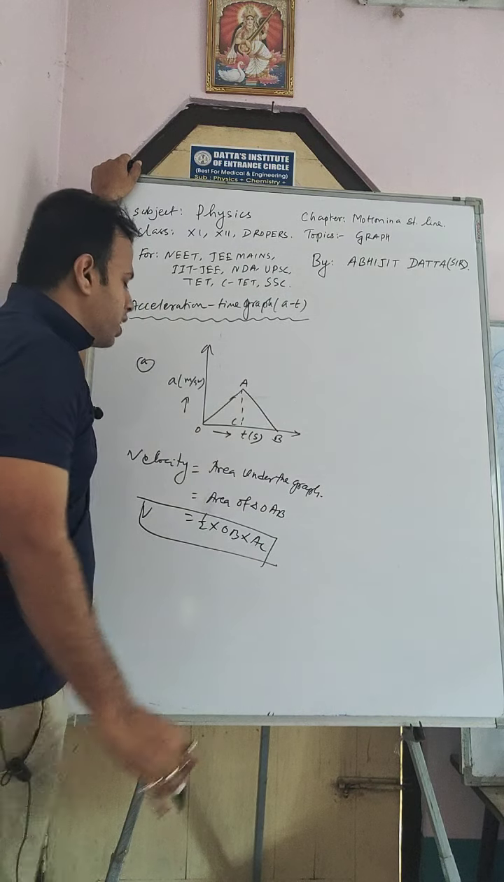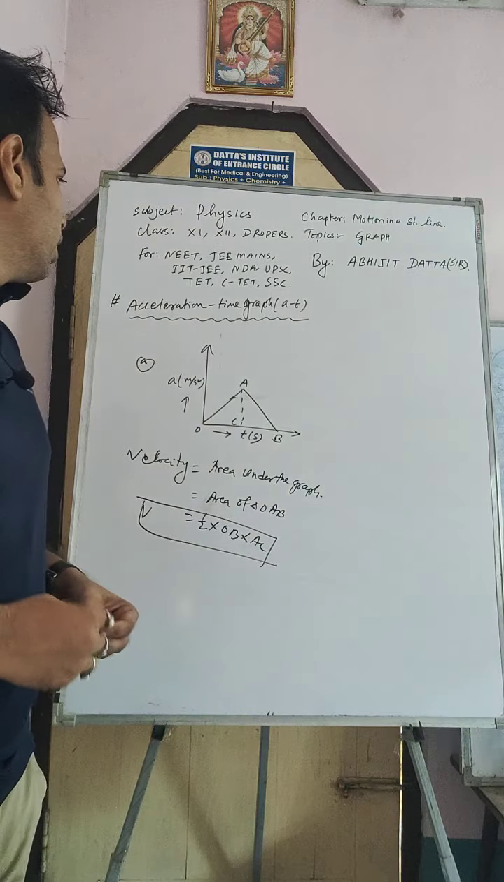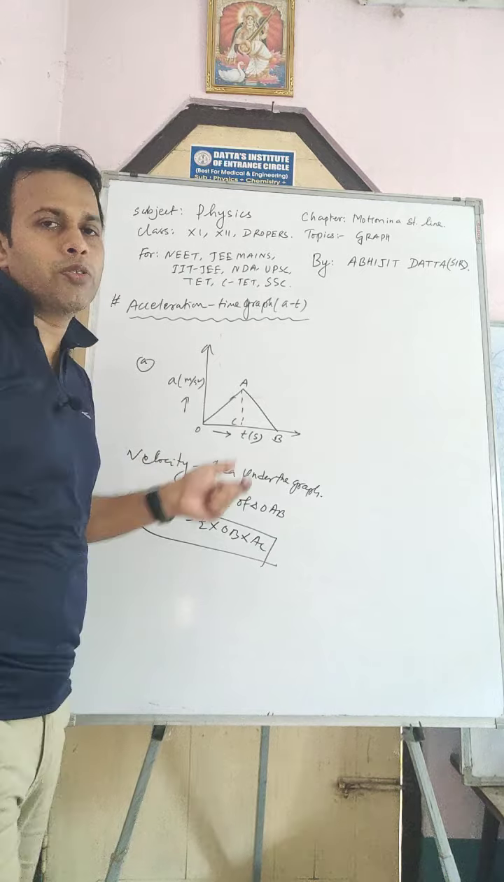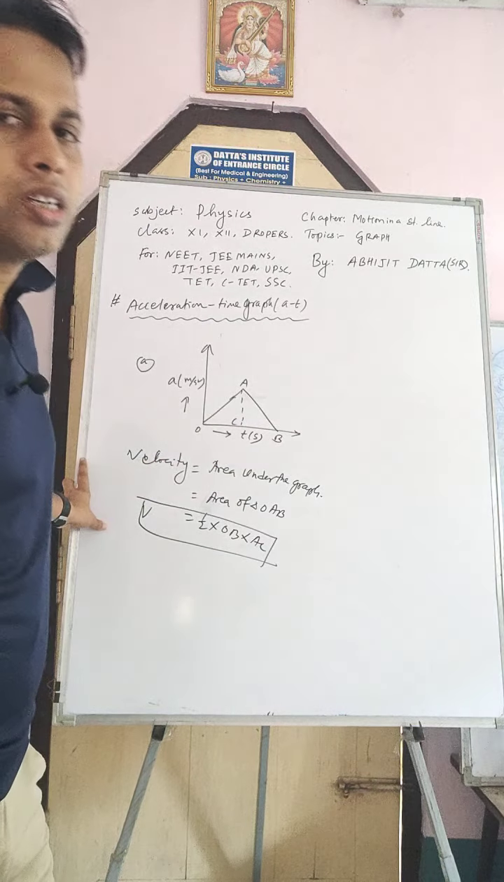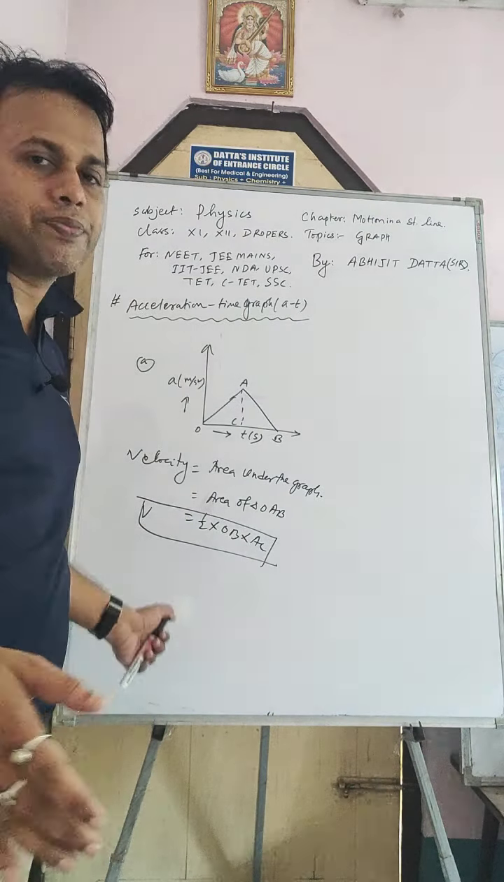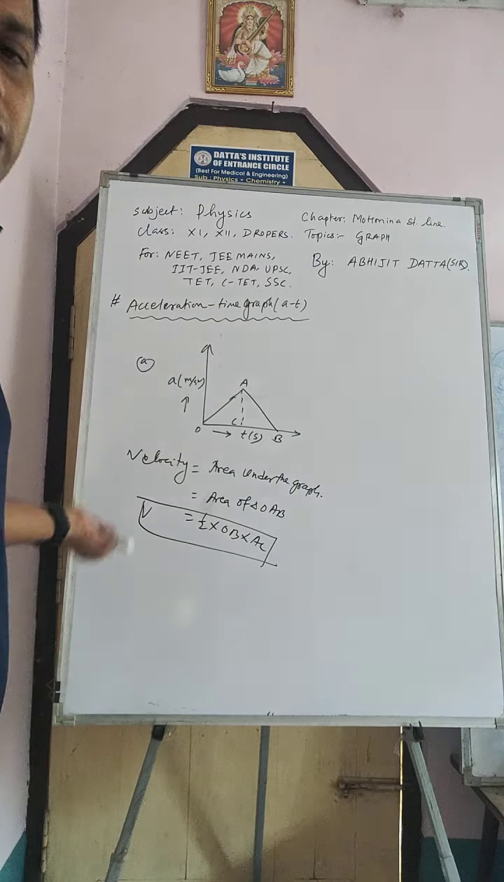So from the acceleration time graph we can find velocity easily by area under the graph, and from the velocity time graph we can find displacement, or for the speed time graph we can find the distance in that way. Okay, so these are the various types of graphs used in different exams